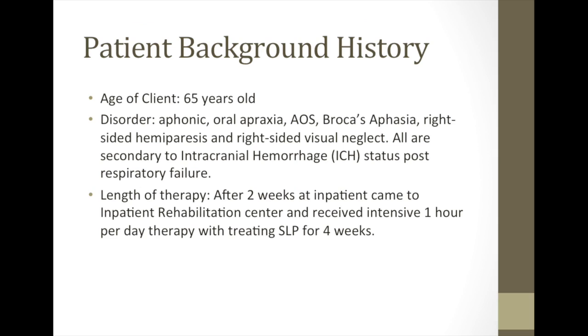I am presenting on a male 65-year-old patient who was seen in an inpatient rehabilitation center. He was first aphonic and had oral apraxia. Then when we had developed his speech, we noticed he had apraxia of speech and Broca's aphasia. He also had right-sided hemiparesis and right-sided visual neglect. This was all secondary to an intracranial hemorrhage, and he also had respiratory failure when he was in the